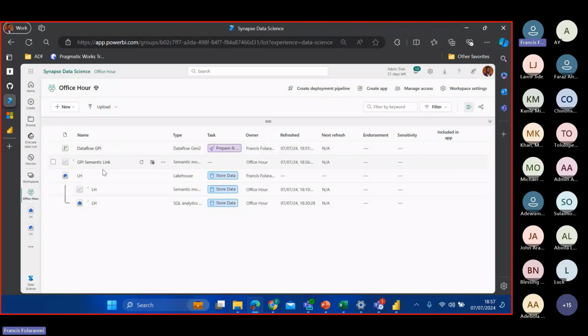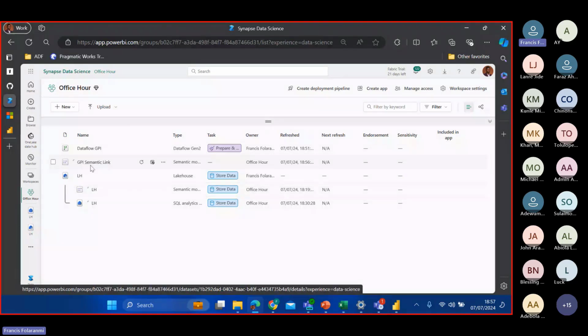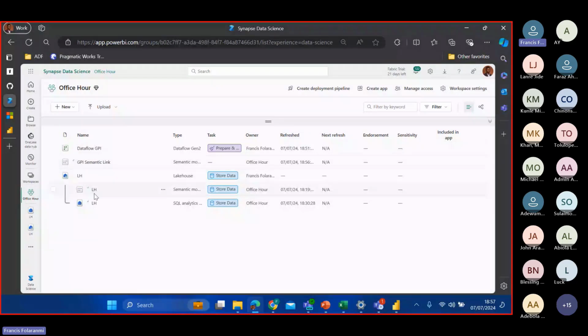Now, I want to be able to create an auto report from this semantic link. Remember that when we create that in there, we have a semantic model also that is created with it. However, because this semantic model has multiple data, we have that GPI raw data and the enriched data in there.